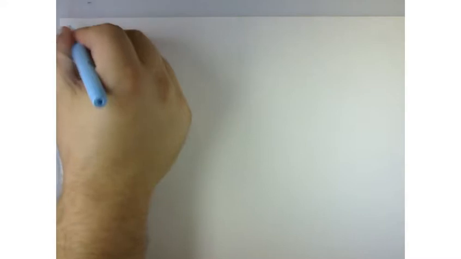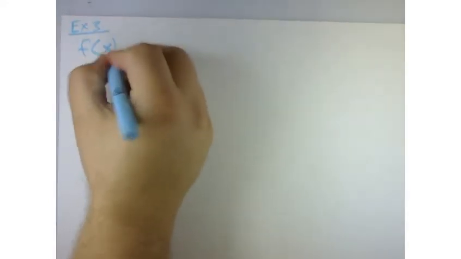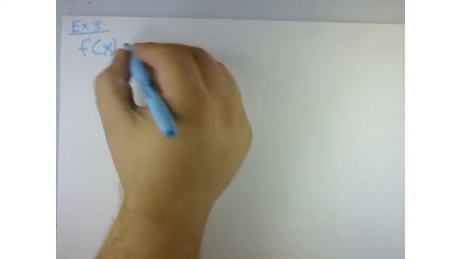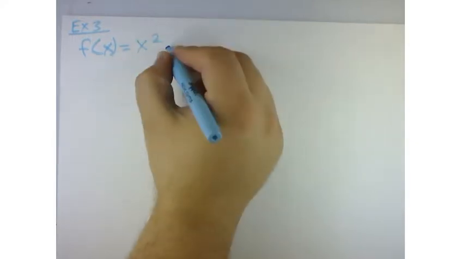A little bit more. We're going to do a composite function. So let's define some functions. So if I say f of x is equal to x squared minus 1,